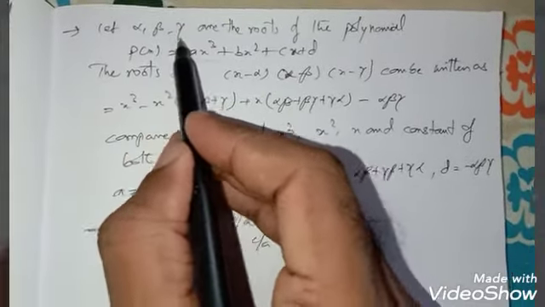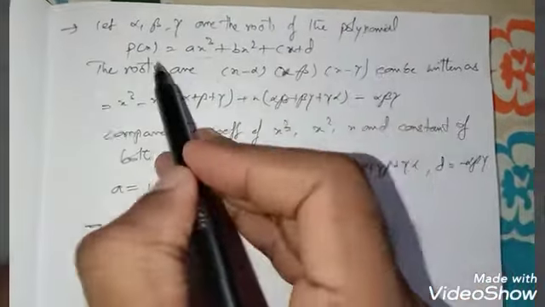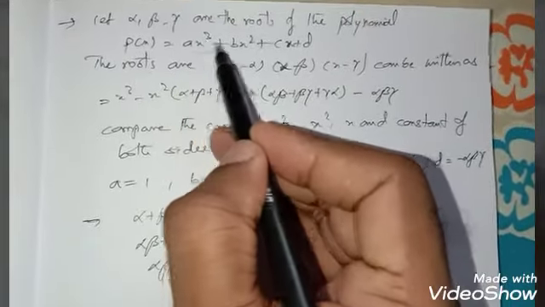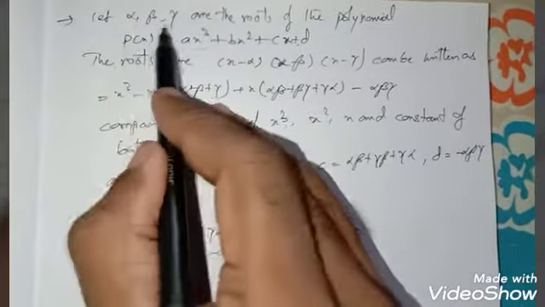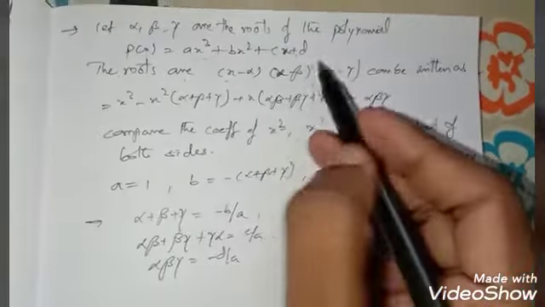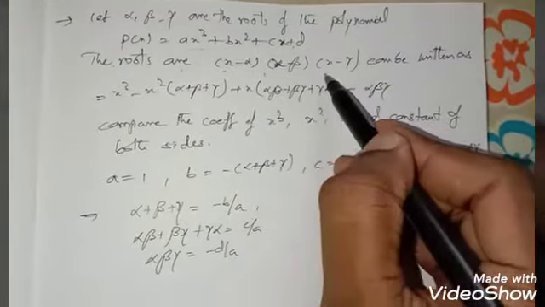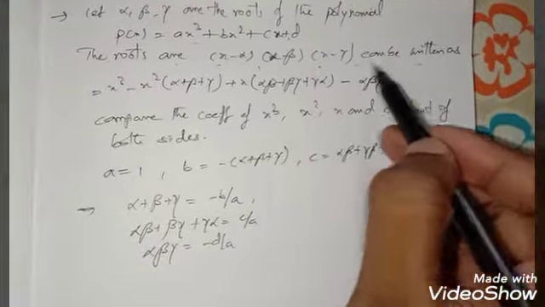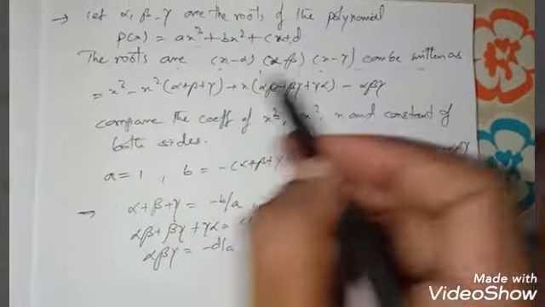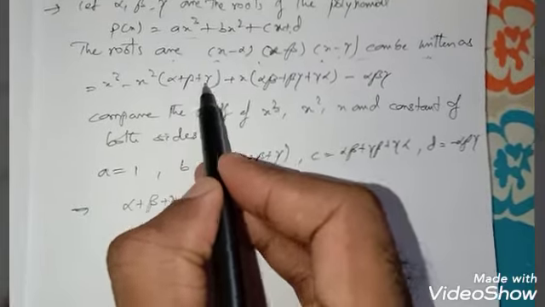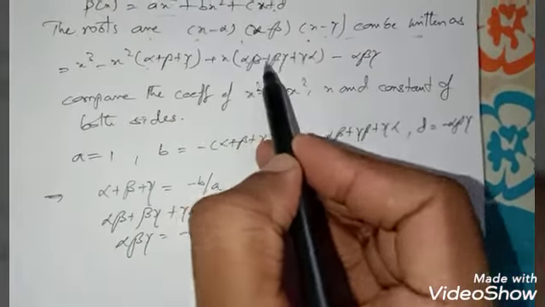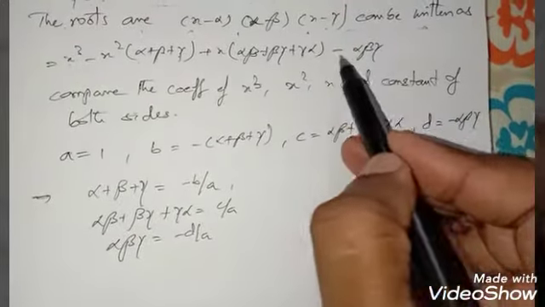Now coming from the first onwards, let alpha, beta, gamma be the roots of the polynomial p of x is equal to ax cube plus bx square plus cx plus d. Then the roots, since they have already given us alpha, beta, gamma, I can write this as x minus alpha, x minus beta and x minus gamma. Now if I multiply all these three, you will get x cube minus x square into alpha plus beta plus gamma, plus x into alpha beta plus beta gamma plus gamma alpha, minus alpha